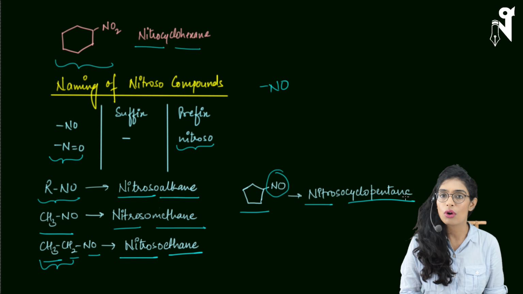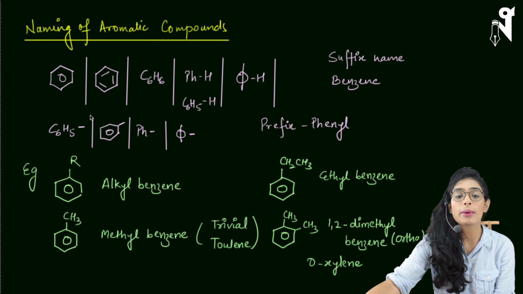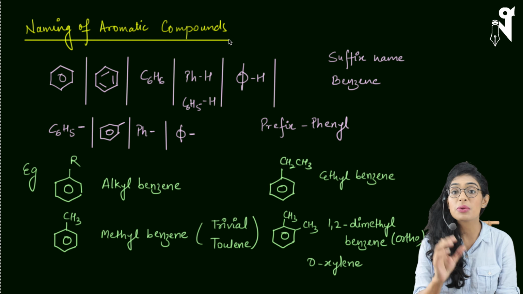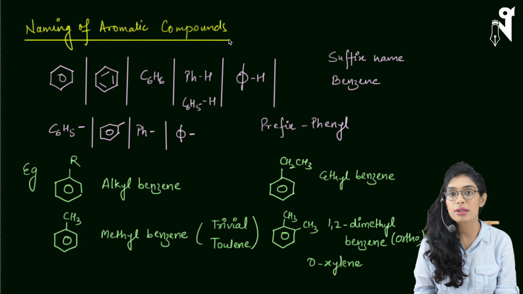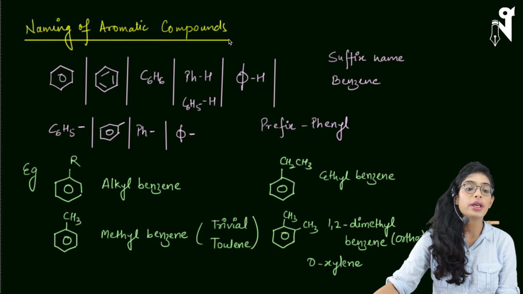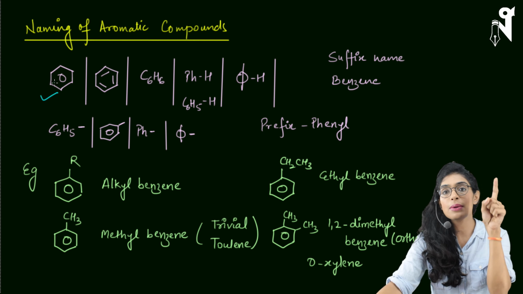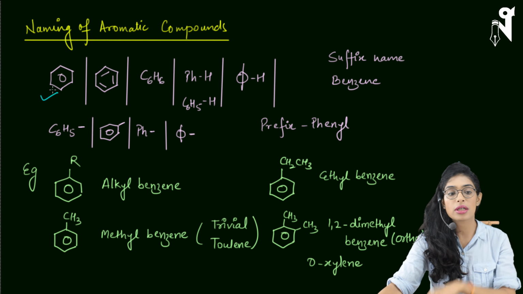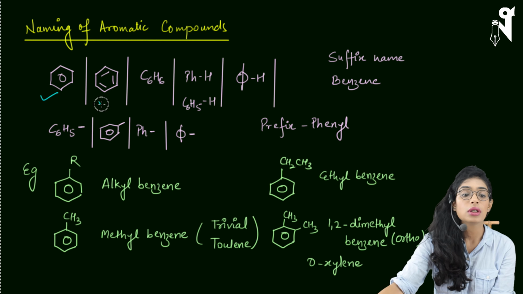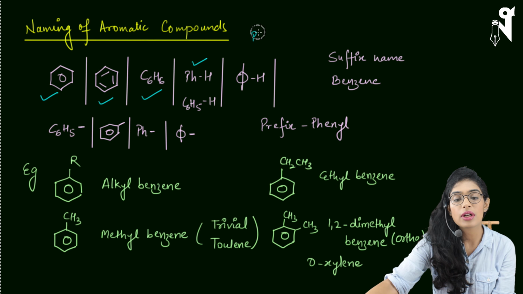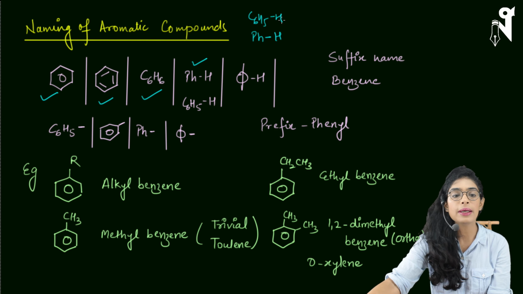No complicated rules involved. Now, naming of aromatic compounds. These are generally benzene-based compounds, though the broader category has many more different types of aromatic compounds, but we will be specifically talking about benzene and benzene-based compounds. So how can benzene be represented? We can write benzene like this, where we have a six-membered ring with a circle in the center, which represents that the double bonds are rotating inside, so they are moving all the time. Or you can represent benzene like this also, where you have alternate double bonds, or you can write it as C6H6, or you can write it as Ph-H. Ph is the phenyl group. Phenyl is nothing else but C6H5 with a single bond to hydrogen.